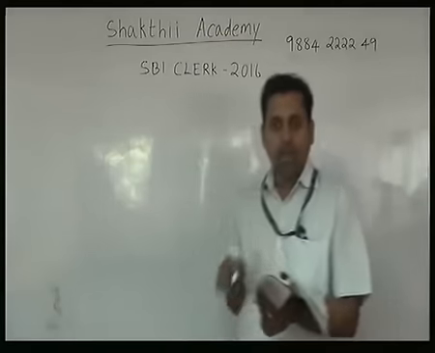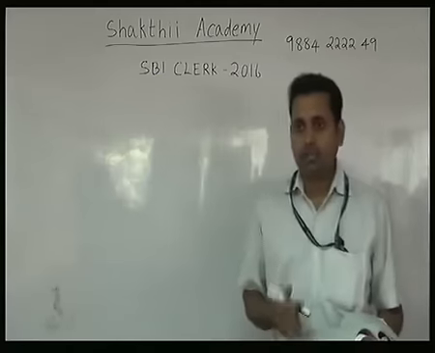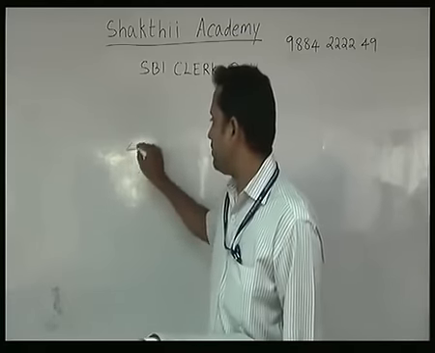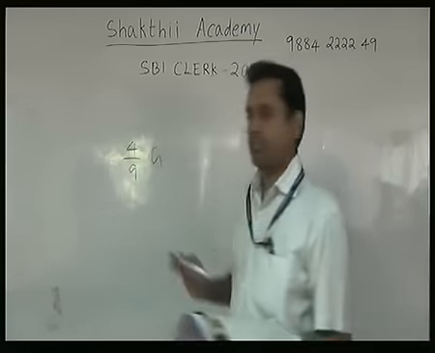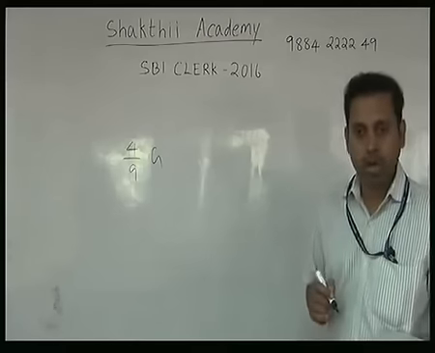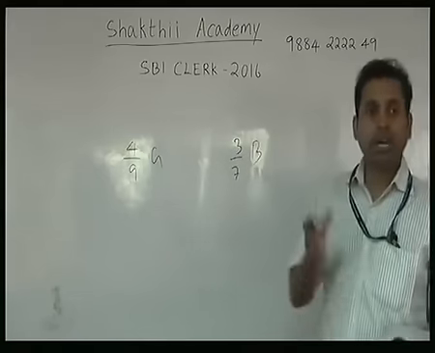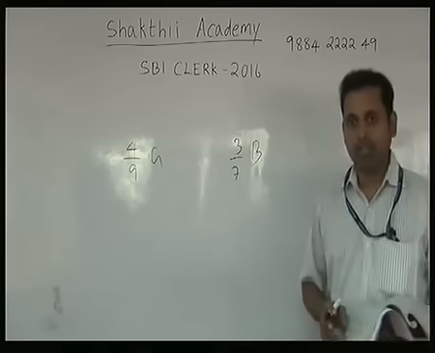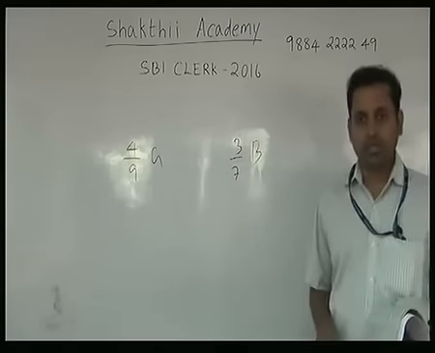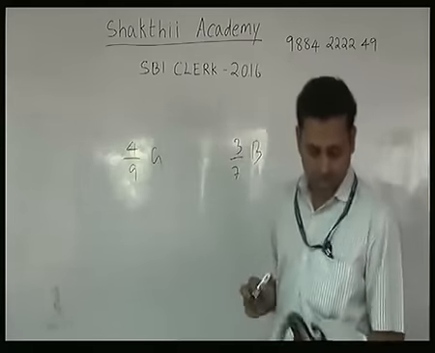Okay, it is given. You need to understand 4/9 of the girls. We don't know how many girls, but out of the girls, 4/9. That is what they have given. So simply write 4/9 of the girls. Similarly, they have given 3/7 of the boys. We don't know how many boys, but among the boys, 3/7. Suppose there are 7 boys, then 3 boys are participating in the sports. Suppose 9 girls, then 4 girls are participating in the sports. Is it clear?